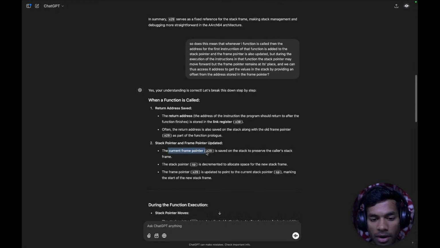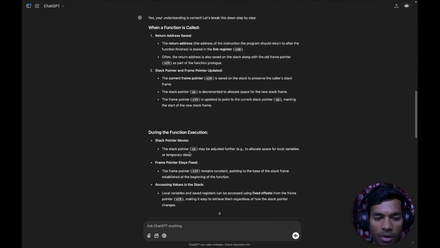The current frame pointer X29 is saved on the stack to preserve the caller's stack frame. The stack pointer SP is decremented to allocate space for the new stack frame. The frame pointer X29 is updated to point to the current stack pointer, marking the start of a new stack